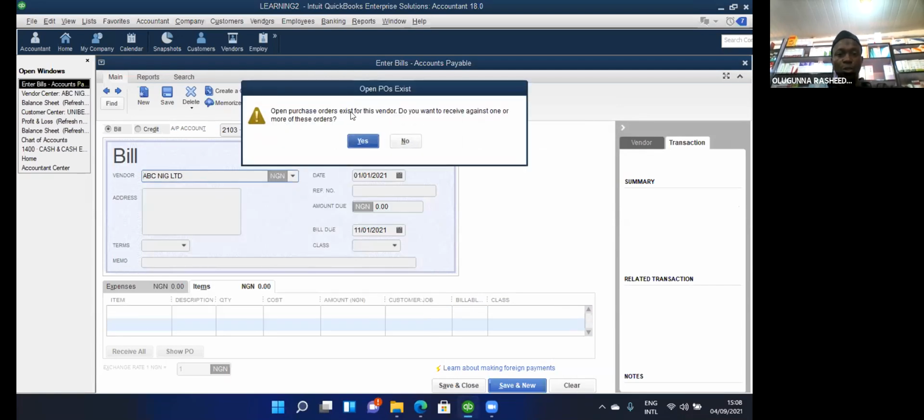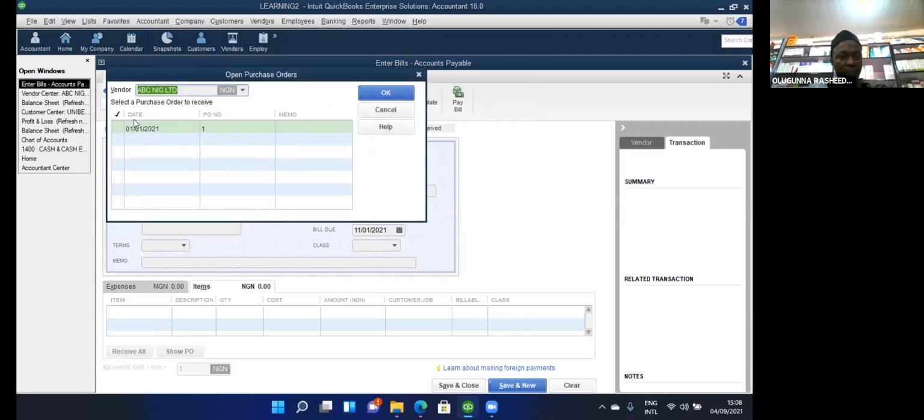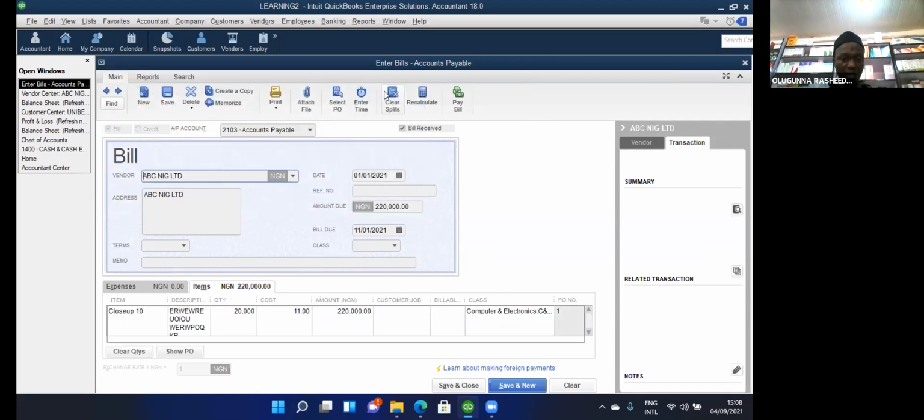Then open purchase order for this. Then if I choose okay, it should be able to pick this for me. Then if I say okay, you should be able to list those things down. By the time it lists it down like this, what if I'm not receiving all this order at once? I can tell the system that the quantity I'm receiving now is just 10,000